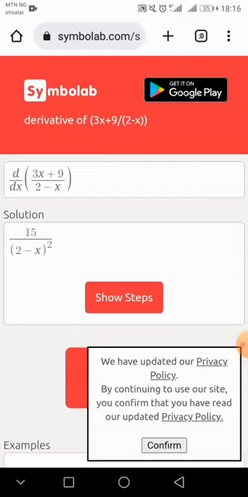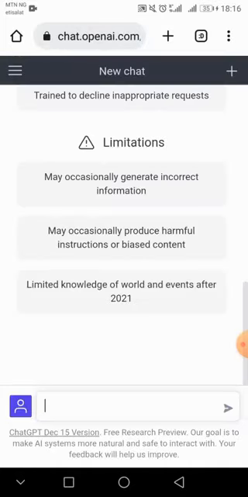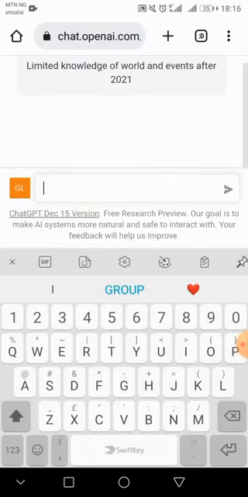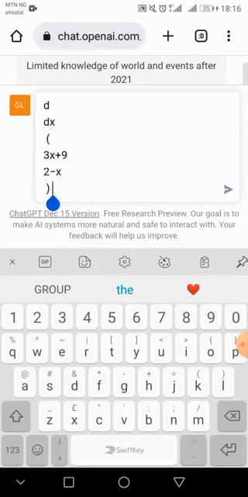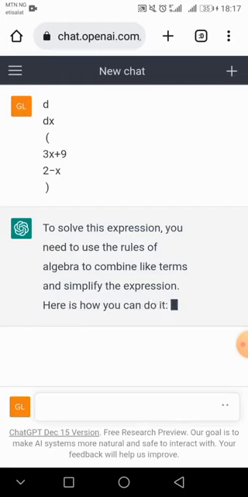Okay, we go to ChatGPT. It's going to solve the question for us. I already copied the question, so I just paste it there and send. Solve this expression.